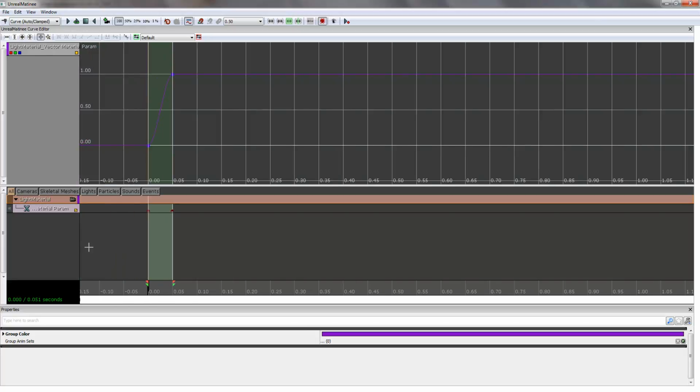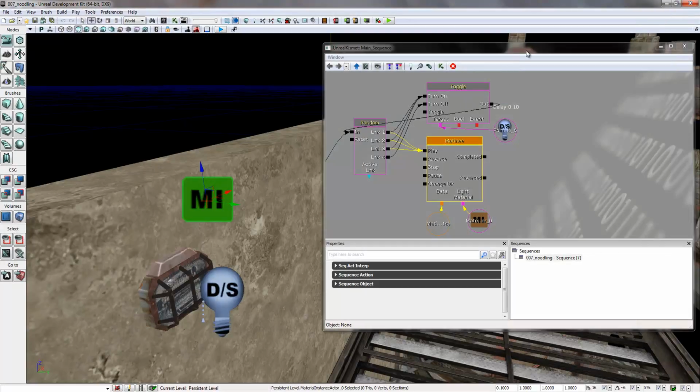That way our entire animation is only a few milliseconds longer than what we need it to be, and it really shouldn't be any more than that, because whenever you start a Matinee animation, it will run until it reaches where this red arrow stops. In this case it would have been 5 seconds, and we only need 50 milliseconds. So that would mean that our lamp can't switch on and off fast enough. Anyways, once that is done,